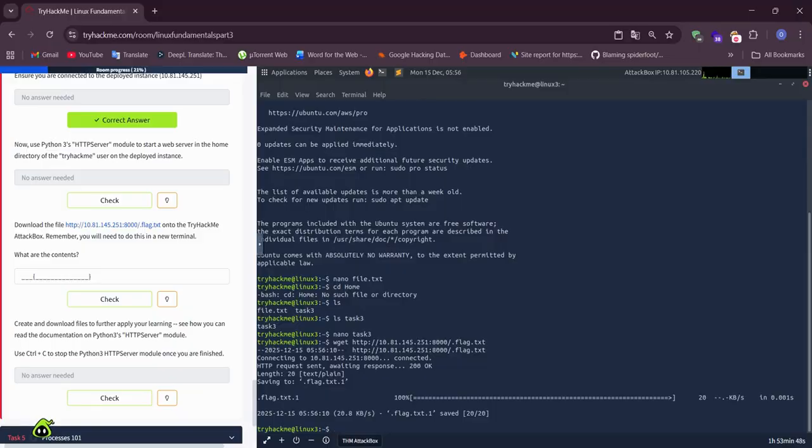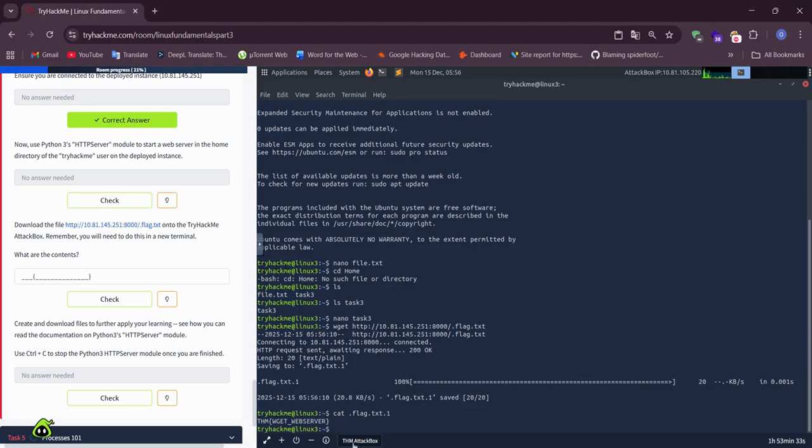We save this file and cat flag1.txt. Our flag is that. Copy and paste.